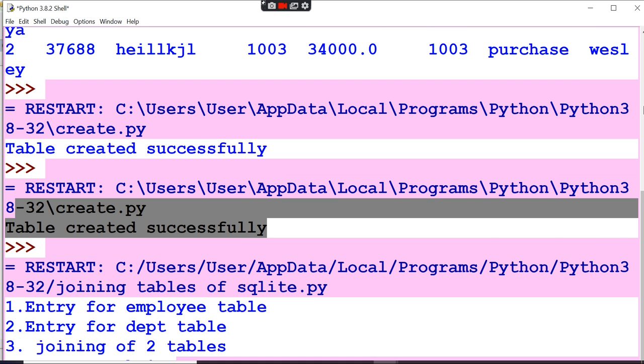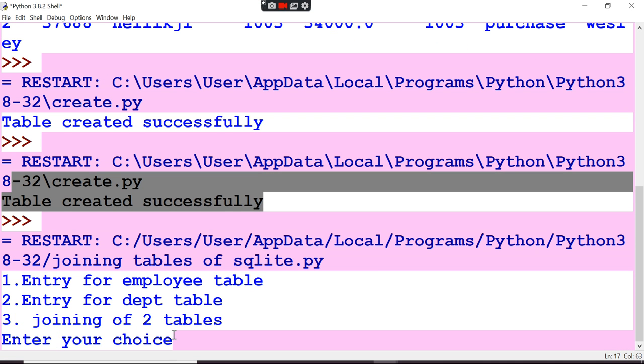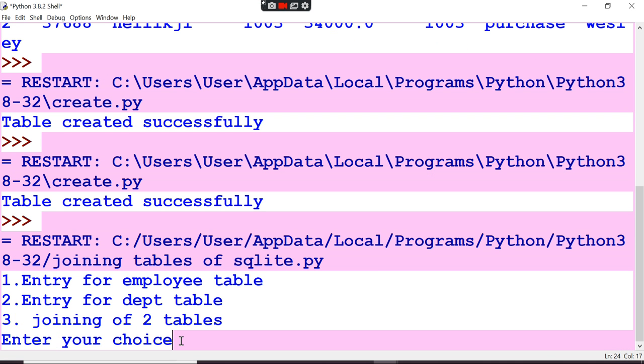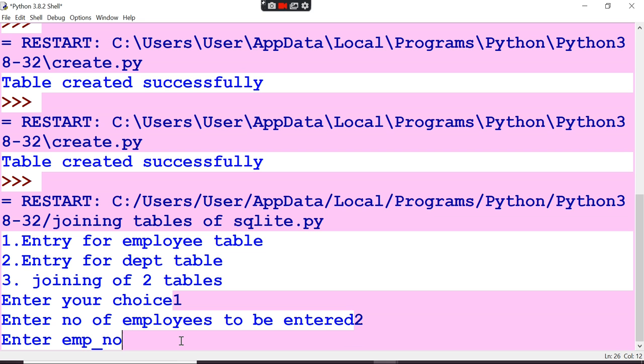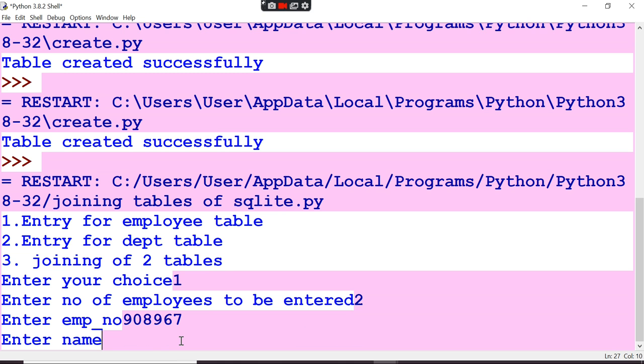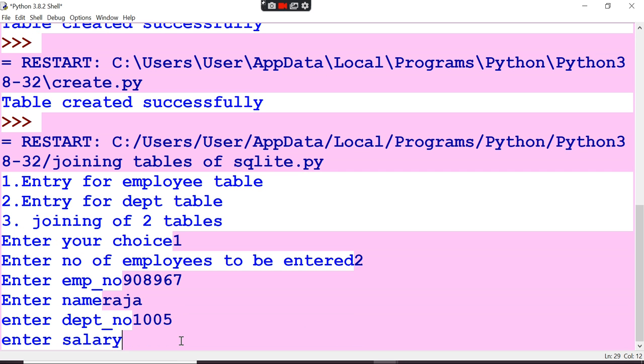Yeah, now you see here, this is the thing. So enter your choice. I'm just going to enter the first choice. Enter employee number. How many employees are there? I'm just going to say 2 employees. Employee number, then employee name, then department number 1005. Now then salary.